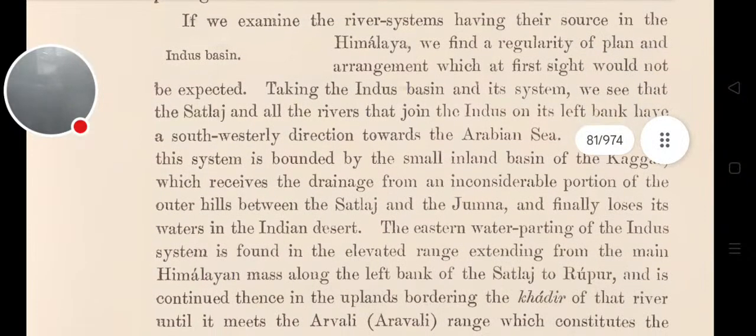Indus Basin. If we examine the river systems having their source in the Himalaya, we find a regularity of plan and arrangement which at first sight would not be expected. Taking the Indus Basin and its system, we see that the Sutlej and all the rivers that join the Indus on its left bank have a southwesterly direction towards the Arabian Sea. On the east, this system is bounded by the small inland basin of the Kaggar, which receives the drainage from an inconsiderable portion of the outer hills between the Sutlej and the Jamna, and finally loses its waters in the